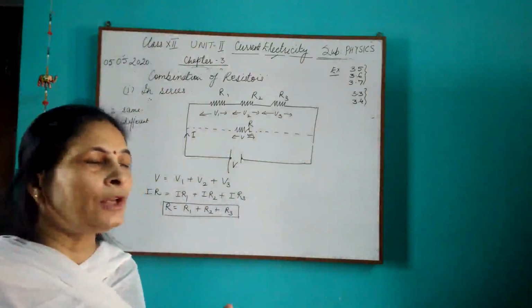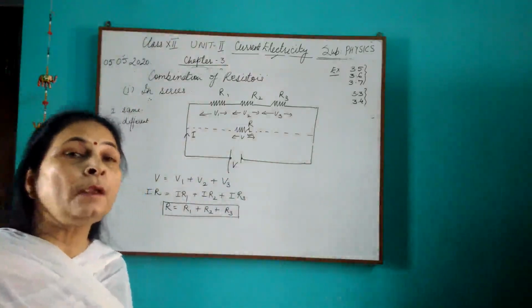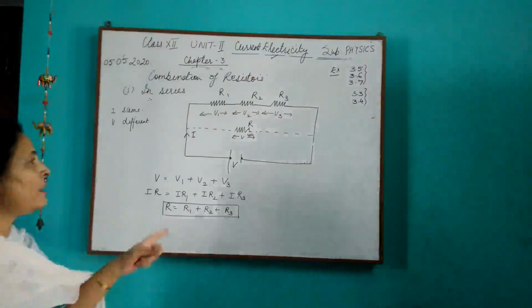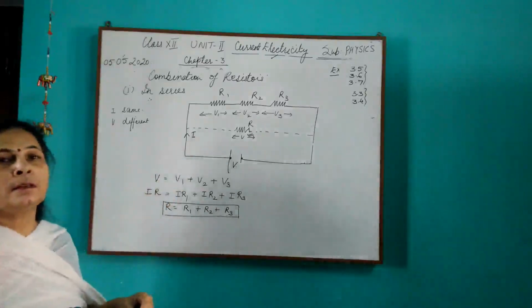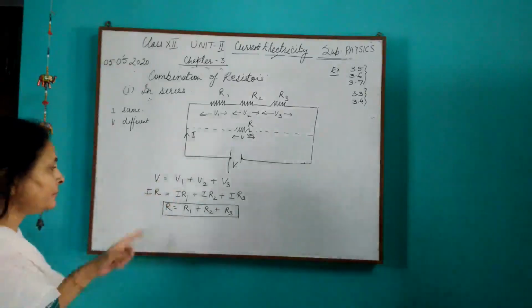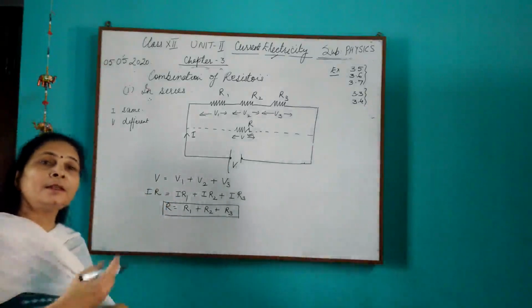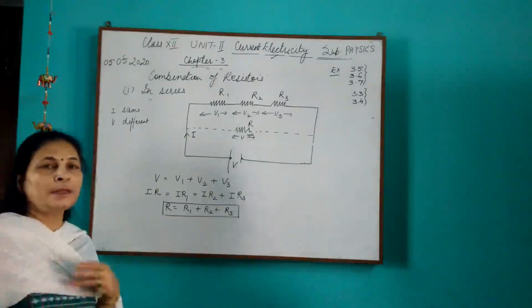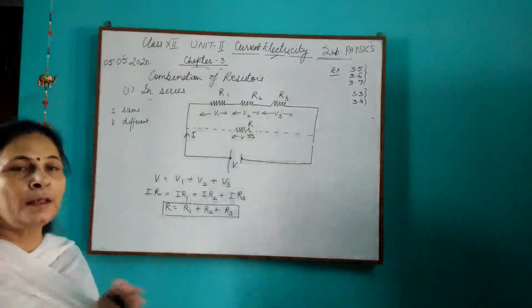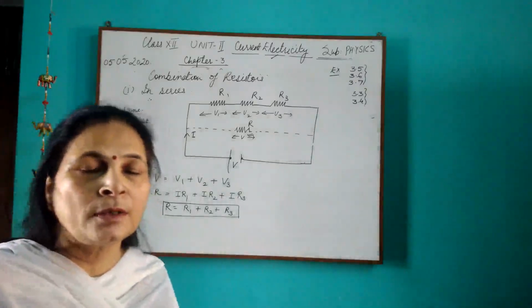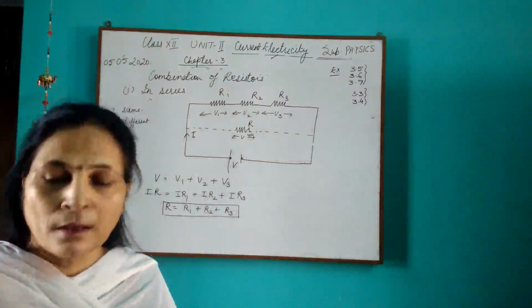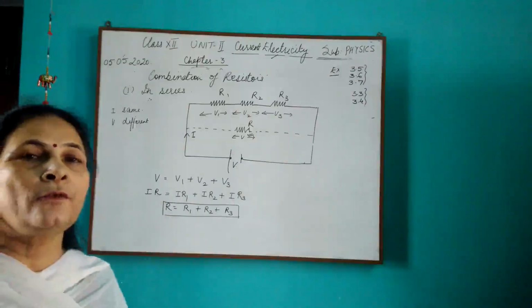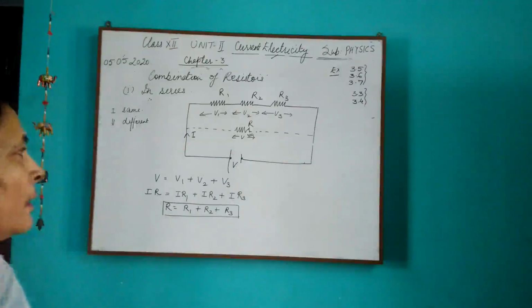And in series combination, the resistance so obtained will be more than the largest value of those resistors. And you can also see that it is just the reverse as in the case of a capacitor. You can say either that in capacitor it is the reverse of resistance, or in resistance it is the reverse of capacitor, and you have to be very careful while doing the questions.